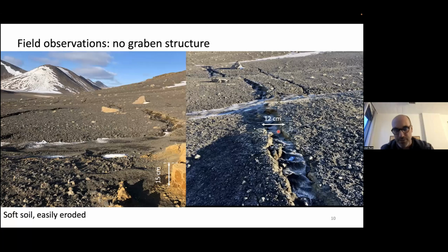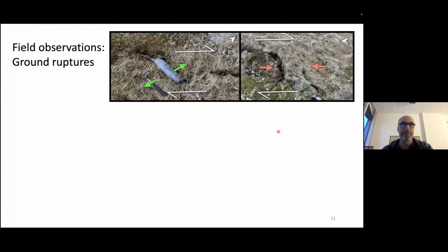And all this that we see now is fully covered by lava flows. So all these things are transient, so we need to go fast and recover this data. And the surprise was that we were really looking forward to finding the graben structures and so on, but we saw only strike-slip faulting. And that's quite interesting